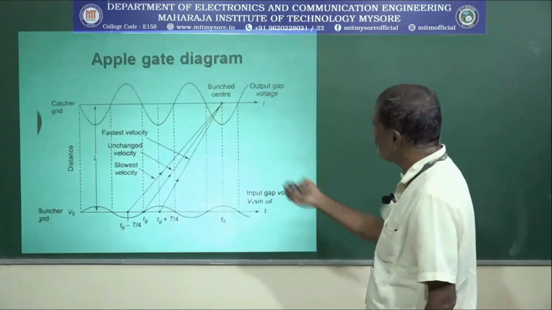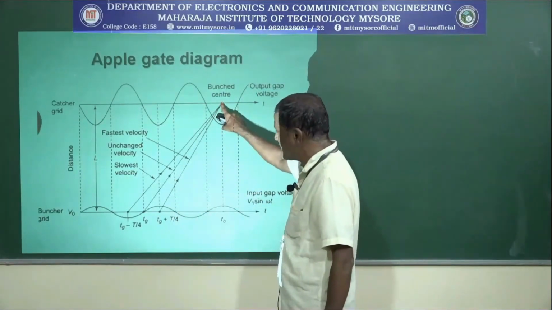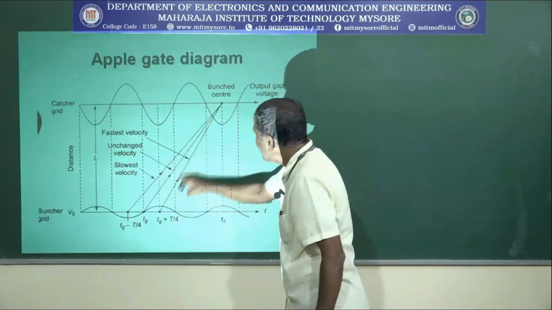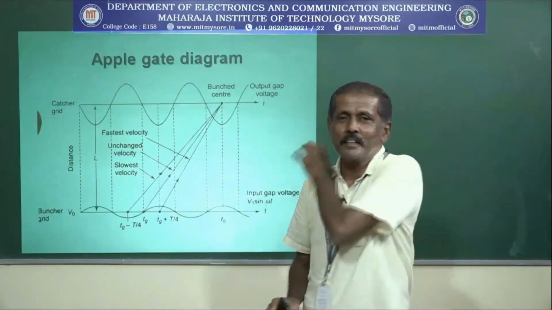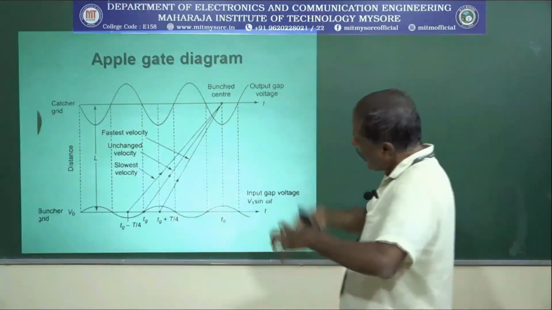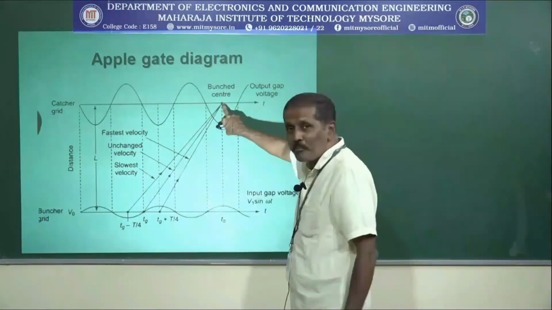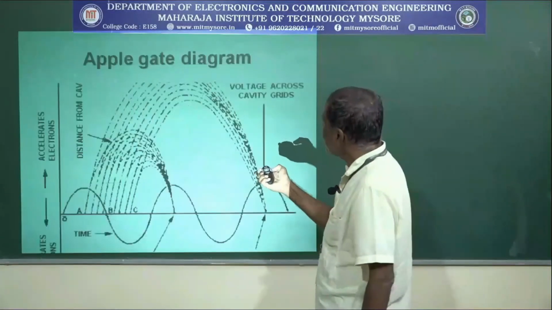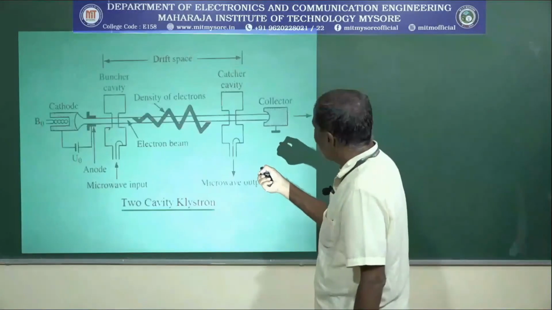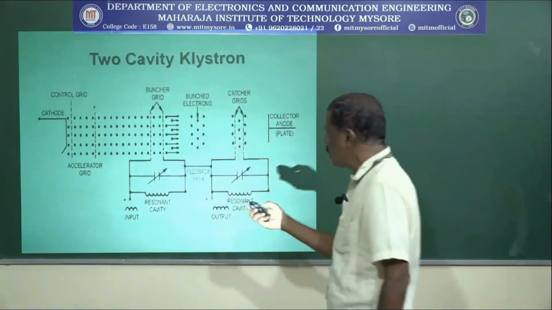How this particular bunching process takes place will be shown with the single. So here the electrons are bunched. Here what it is showing is that only 3 electrons are bunched. Okay, don't think that there are only 3 electrons; it is just for illustration purposes. Along with this one, hundreds of thousands of electrons are moving and they are bunched together as a single dot. Such single dots are shown at this particular point, and these bunched electrons are moving.